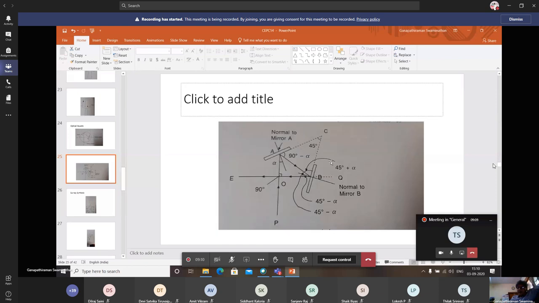So what is the proof for it? This is 45 degrees. When you construct a normal, let this angle be alpha. If you go by the law of reflection,